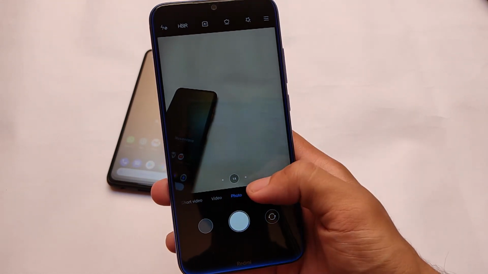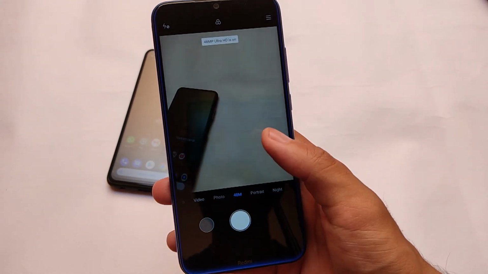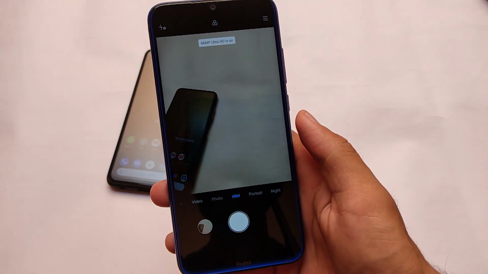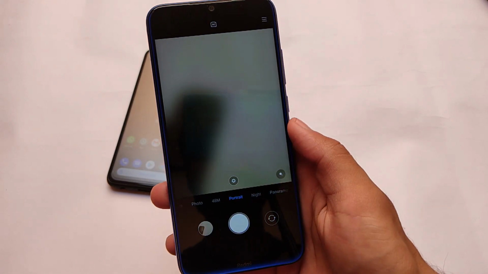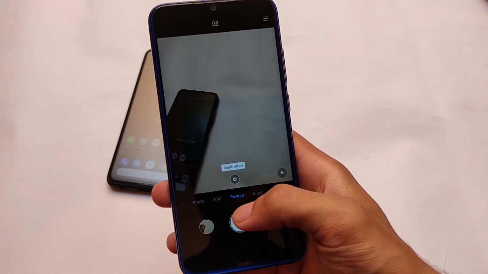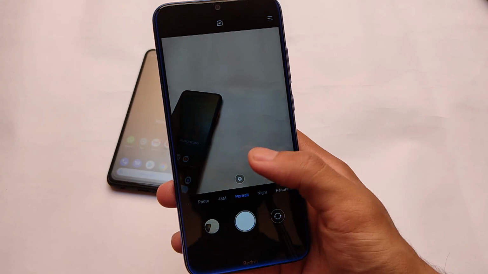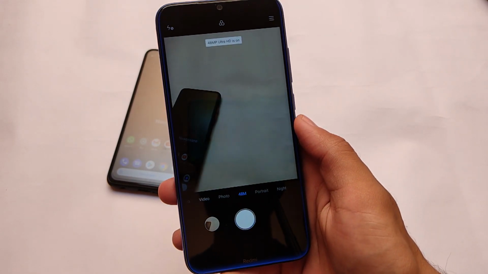Talking about the camera stuff, this is the default camera which you get here. The MIUI camera is there, and this is a very good thing for some of the users if you don't want to lose the camera functionality. It has the aux lens support, 48 megapixel, portrait etc. Everything seems to be working here. It's a very good thing that you get the MIUI camera pre-installed. Gcam option is also available.